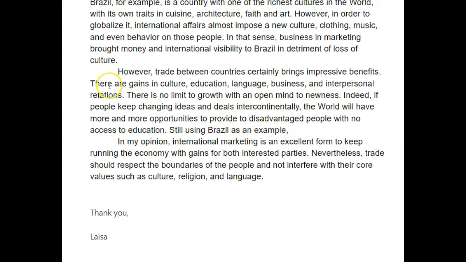Now, this is what I was going to tell you, that there is no development here. There's no support. So you've got these lovely ideas, and it read like a really nice paragraph in terms of some of the ideas, and some of the grammar and vocabulary, but there's no support. It's all very theoretical, and there's nothing to provide explanation, example, or any further development of your ideas. And so that, again, is going to affect your task achievement score. Okay.